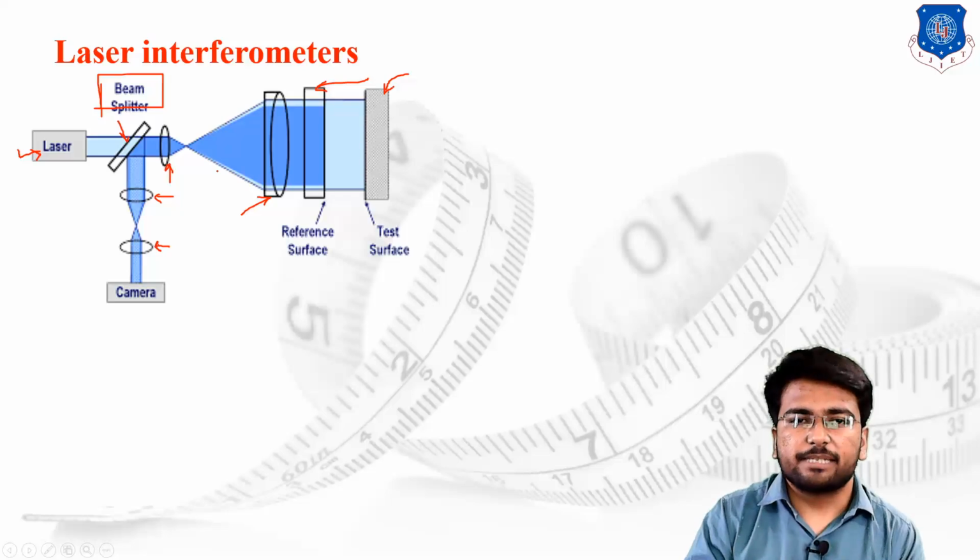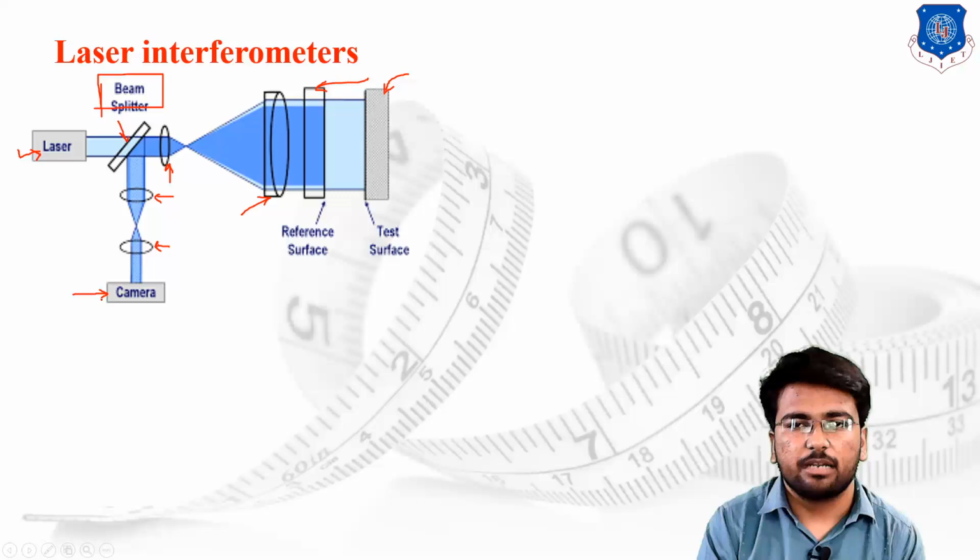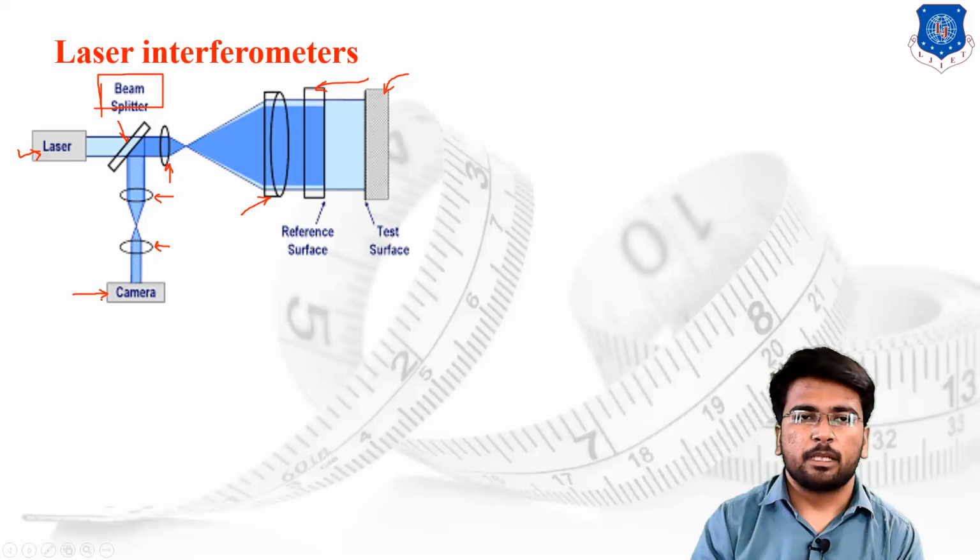Now what the concept says is that over here we are providing some cameras, and by using the cameras we are supposed to click the pictures, and the pictures are further evaluated or analyzed by the human being. So what is the basic principle of working of this particular laser interferometer?